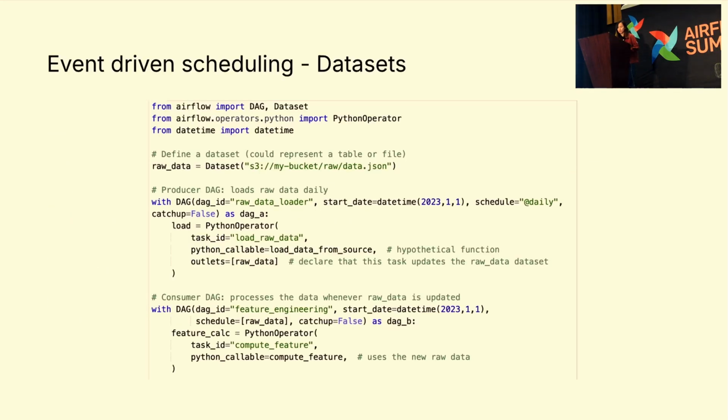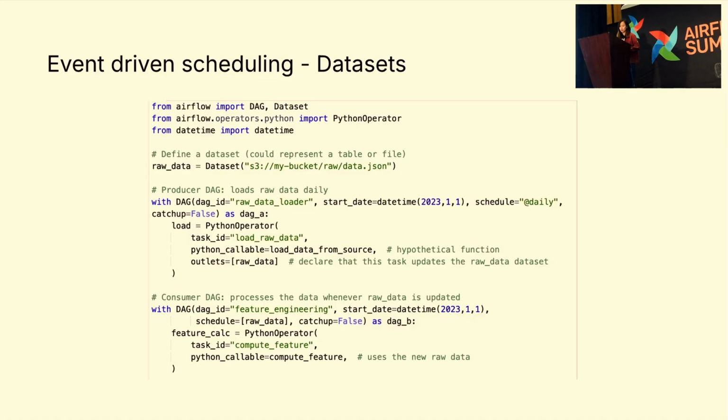In 2022, Airflow 2.4 introduced a concept called datasets, and it is a game changer for how we handle cross-stack dependency and event-based triggers inside Airflow. So what is a dataset? A dataset is basically an abstract handle to some piece of data. Maybe it's a table, maybe it's a file, and a task will produce the dataset, and another DAG will consume the dataset.